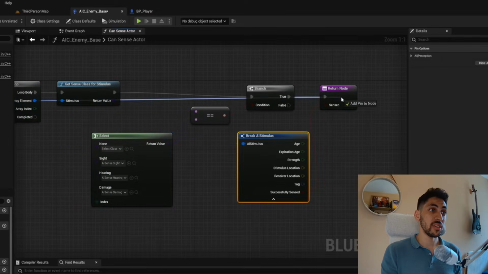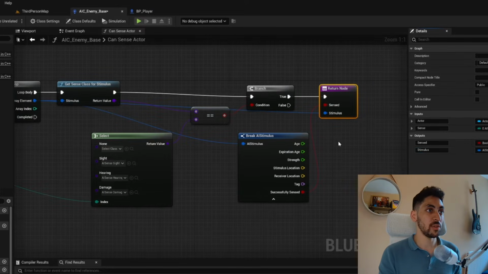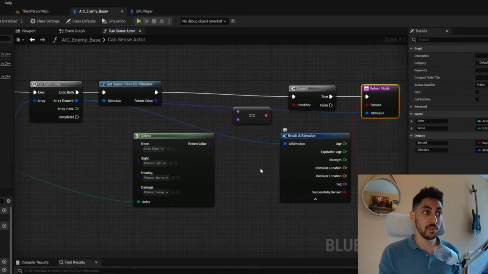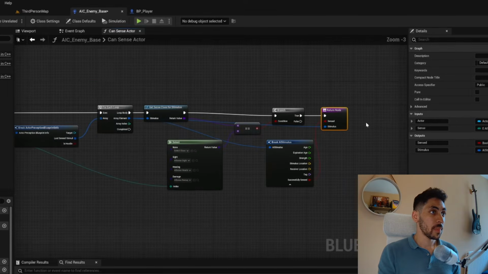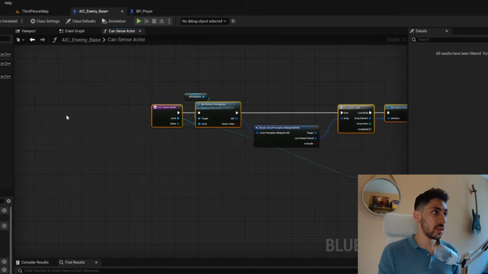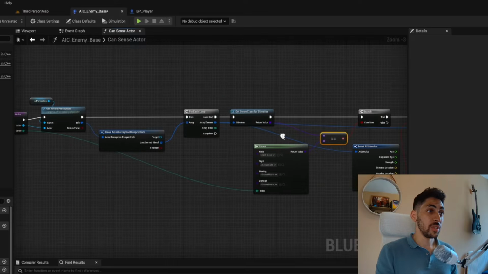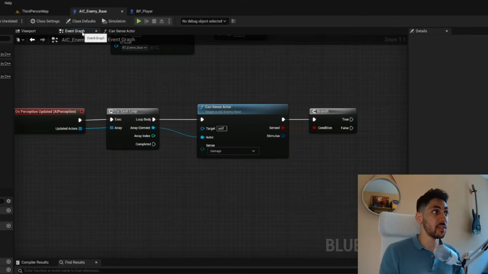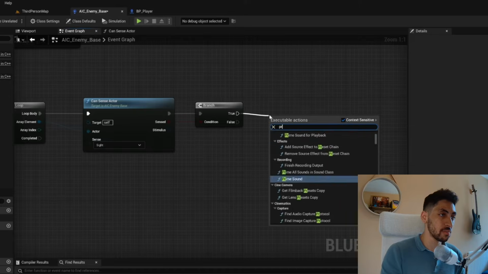And you can actually return the entire stimulus object because we might need this later on. And let's call this stimulus, which is all of the things here. All right, let me just tidy this up. So how do we use this function now? Now back here in our event graph, like I showed you, now I can say for this actor, do you sense sight? Do you see this actor? And if true, let's just print